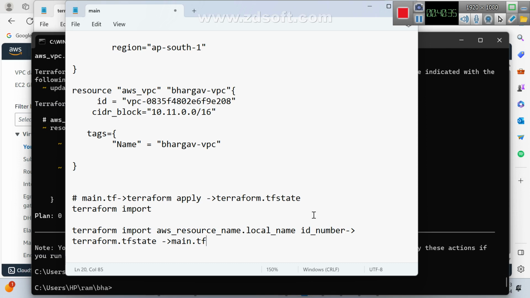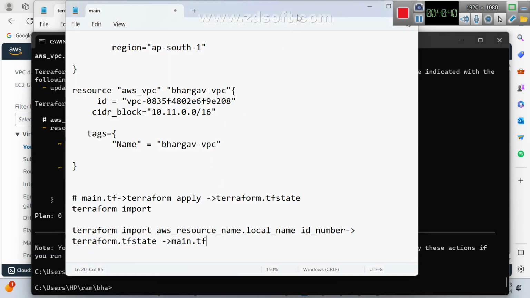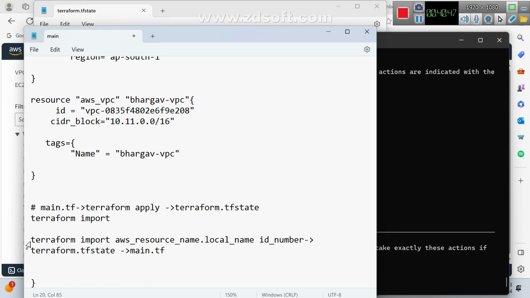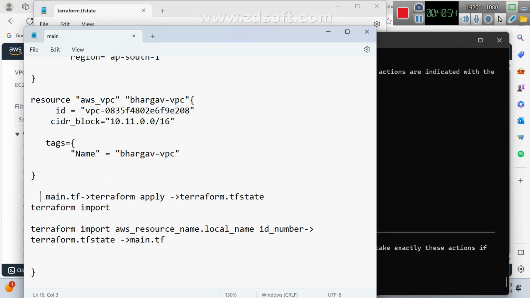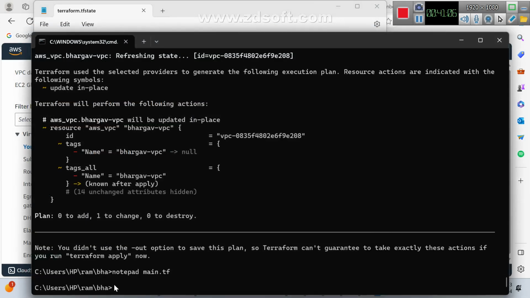Now, once again, what I may do? I think you modified, right? You added. After adding, I may close this. Now, this one is also not required. Cancel. Or else comment it. Multi-line comment, you know, right? What is the multi-line comment, Uday? Slash star and star slash. Now simply close this. Save it. Terraform apply once again.